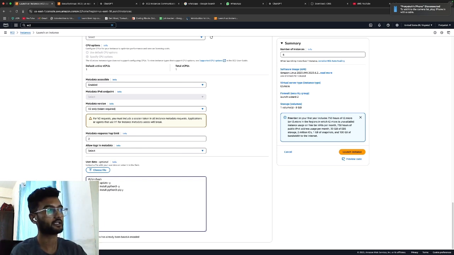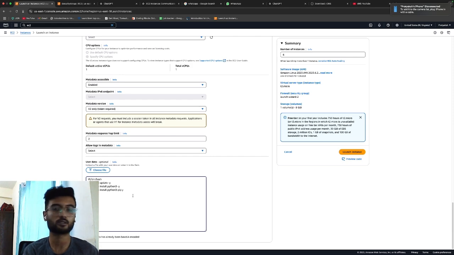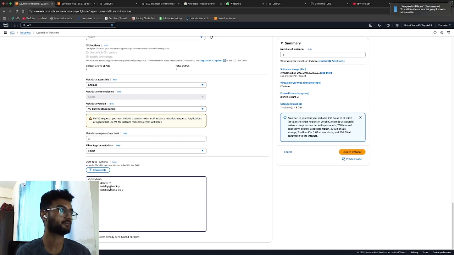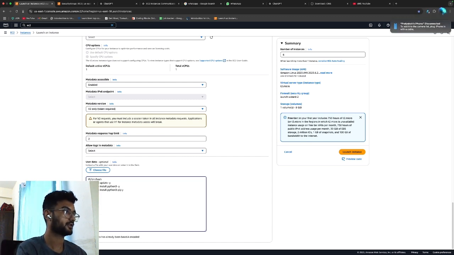What is happening right now is sudo yum update is updating. Sudo yum install is installing Python. Sudo yum install python3 is going to install Python 3, and this is going to install the pip command. Now after that, we're going to go for